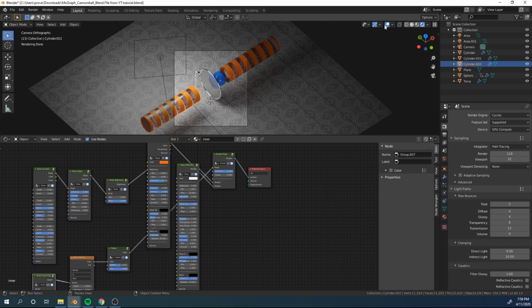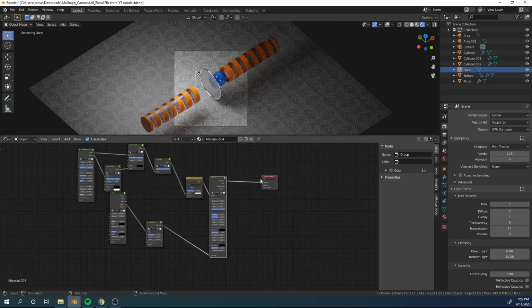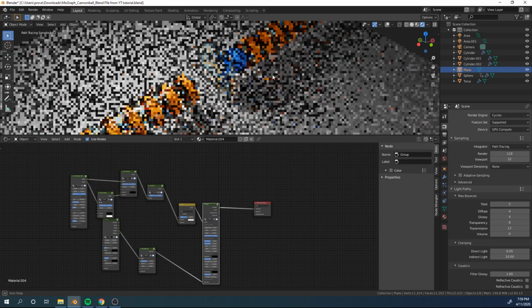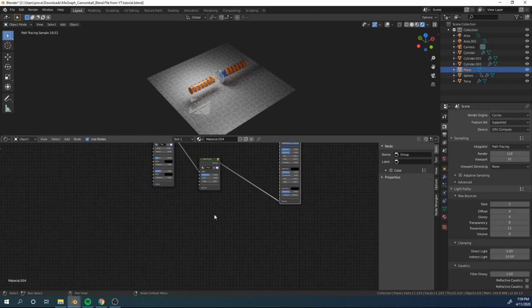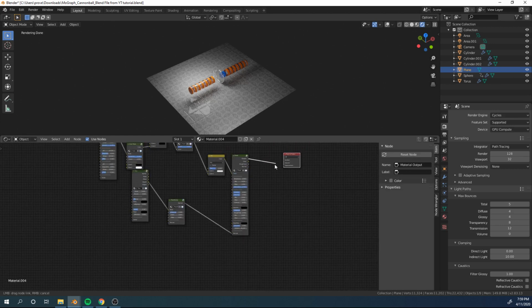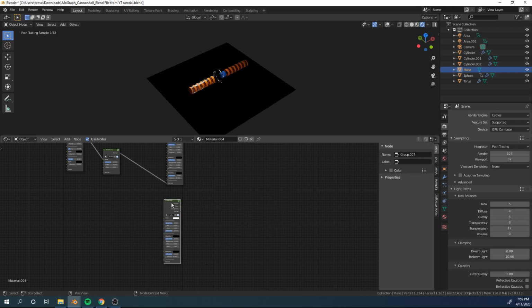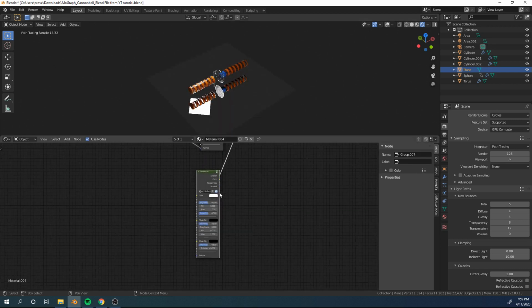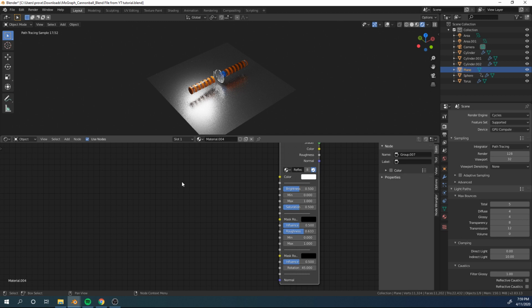So, looks like the scene is done. Looks pretty good. I like this. I like how it turned out. Though I'm going to show you some other options we can have for the floor here. I'm going to add a second setup here with a reflection shader, and I will raise the roughness here, and then I will add a